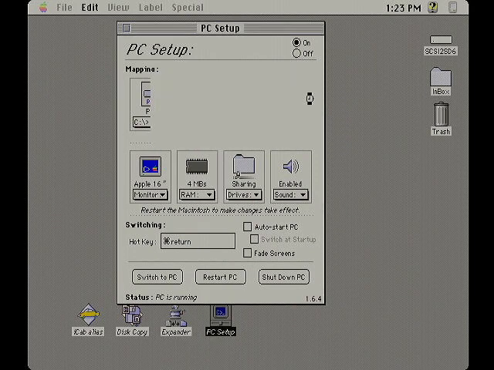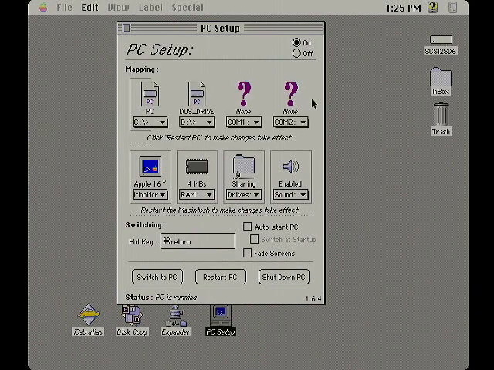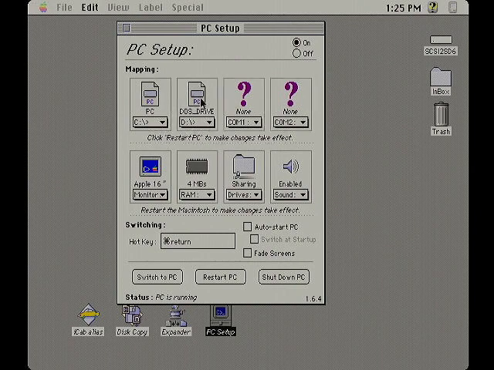All right, there you have it. We have our new drive file created, and it's partitioned and formatted. And they are kind enough to go ahead and stick it here at the D drive. You can only have two either partitions or drive files with the PC setup. So that looks good. So what we're going to go ahead and do now is we're going to restart the